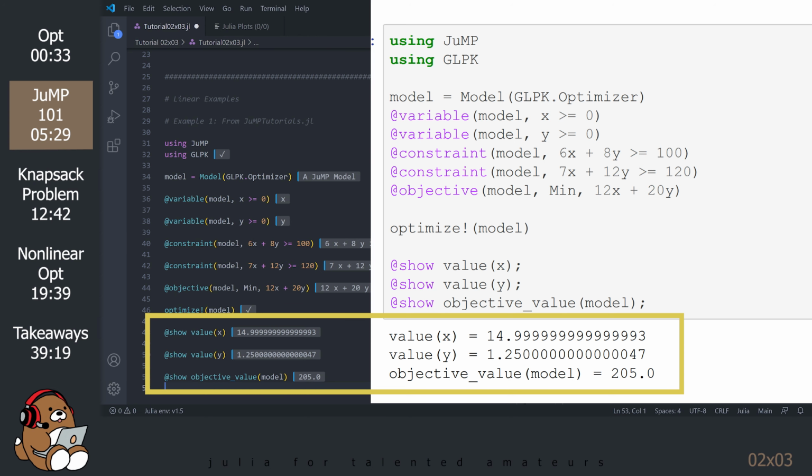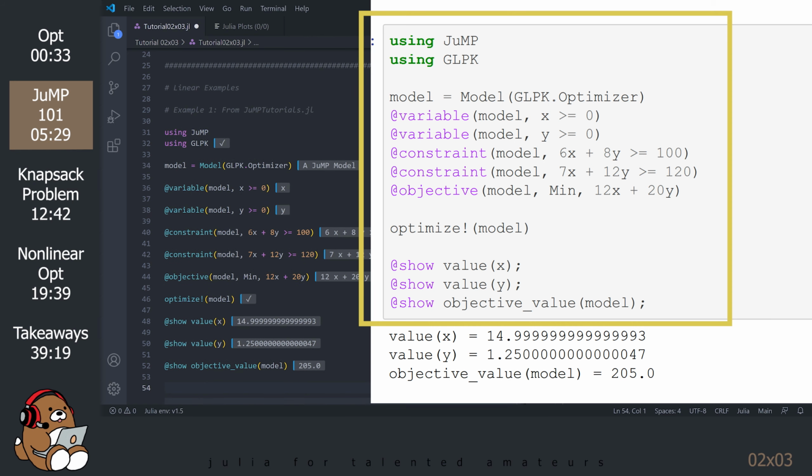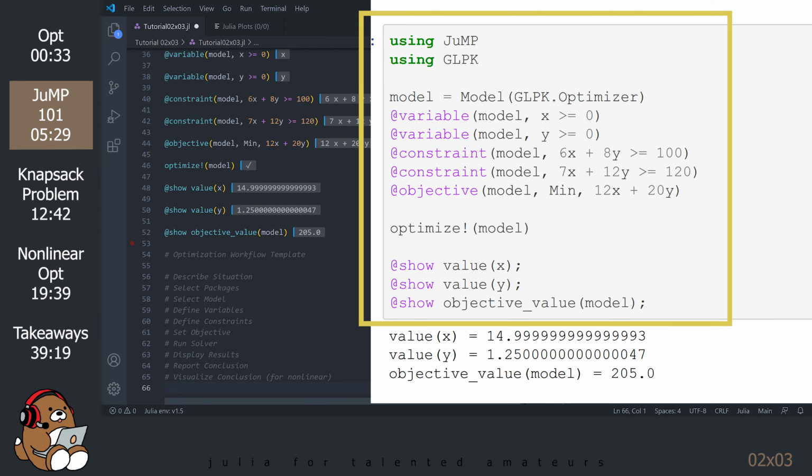In order to help make these problems more understandable, optimization problems are often presented in the form of a word problem, with a couple of sentences that describe the situation that you're trying to solve. So I'll do that with the rest of my examples. The other thing that this example illustrates is that the workflow for solving optimization problems is pretty well defined. Let's add a workflow template to our file so we can copy and paste it for the rest of our examples.